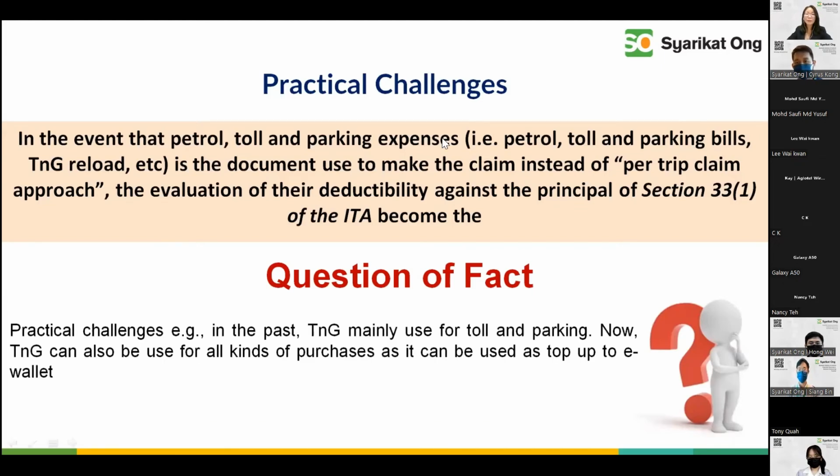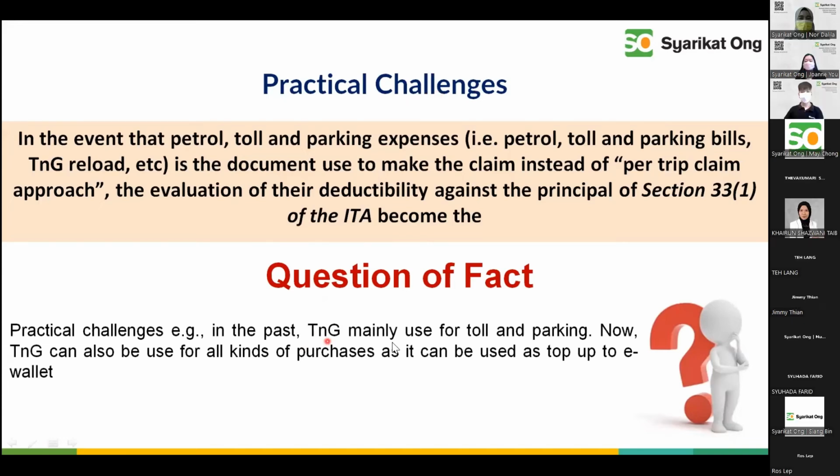And to make it even more challenging, right, the Touch 'n Go, petrol, toll, parking: how many of us still pay cash, ladies and gentlemen? Very little, right? So we're going through the Touch 'n Go stage. Touch 'n Go means what? Yes, you can print out the detailed record. There are statements for you, which you should remember to go through all the time. Everybody remember to print them out. Even if you can understand them sometimes, you don't know what the purpose is anymore, because your boss passes it to you every 6 months, all right?